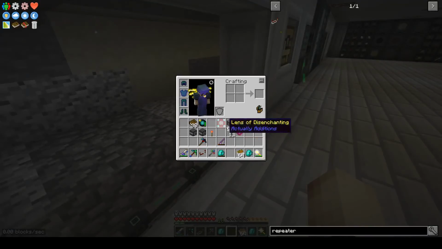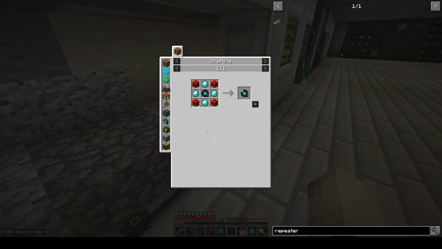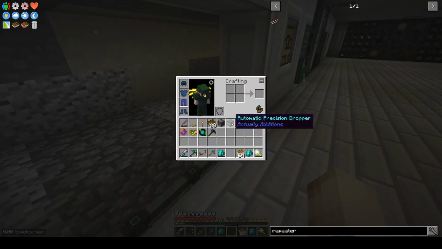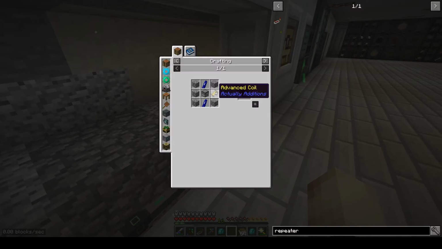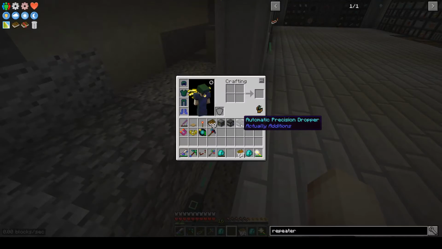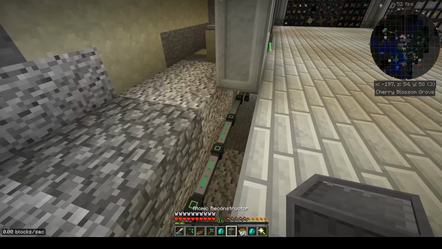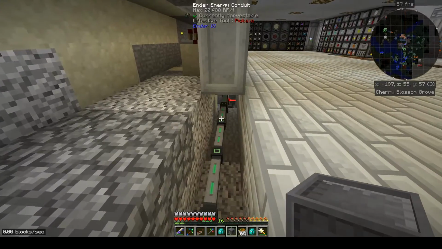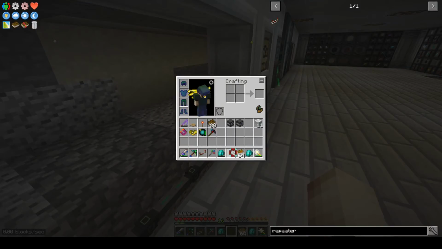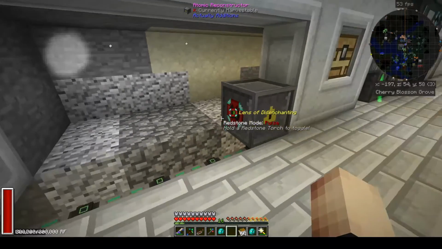Okay, so what we want to do today is I've made an atomic reconstructor. You've seen how to do that. We haven't seen how to do a precision dropper, but we can see that really simple. All right, precision dropper recipe, very straightforward, just an advanced coil, dropper, palace crystal. Very, very simple. Okay, so what we want to do is an atomic reconstructor, maybe something like right here. All right, so it's got to be facing that way, and we will need to disenchant. Why? Because we are going to